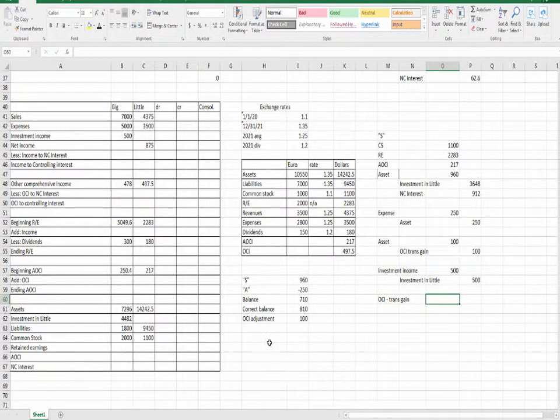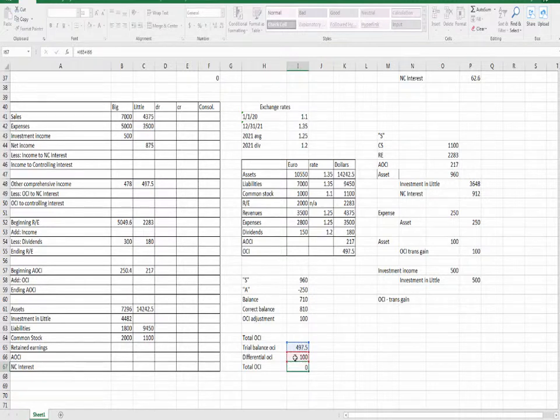Let's do this exactly as we did last time. Total OCI. We have the trial balance OCI, which was $497.5. We have the differential OCI, which was 100, for a total